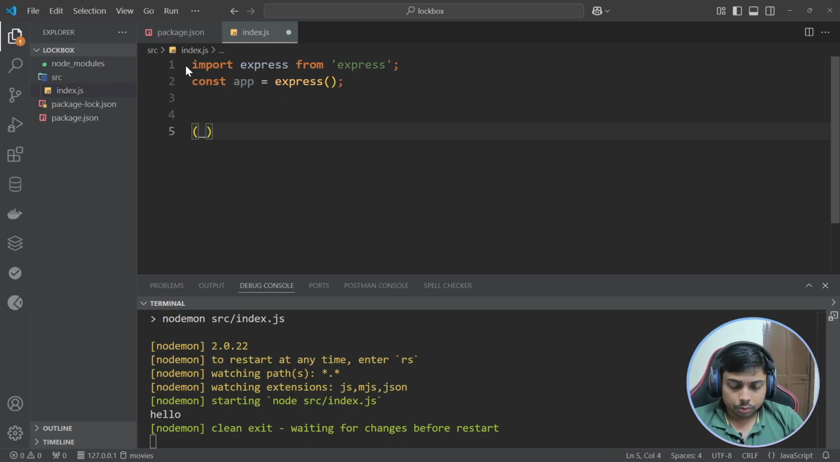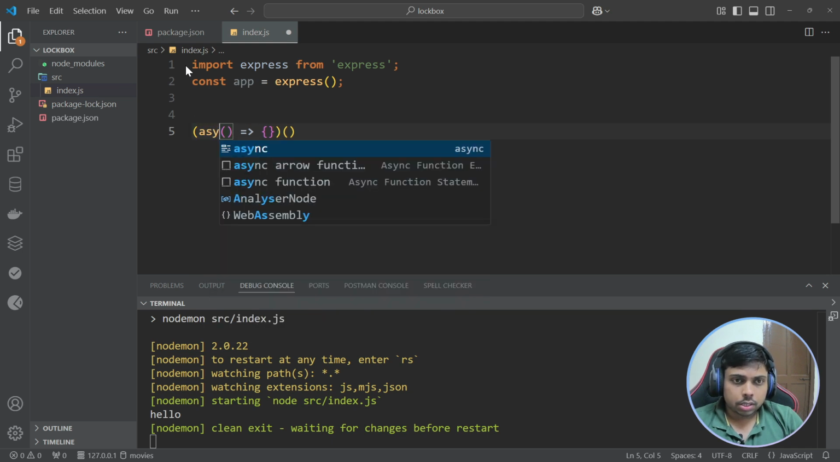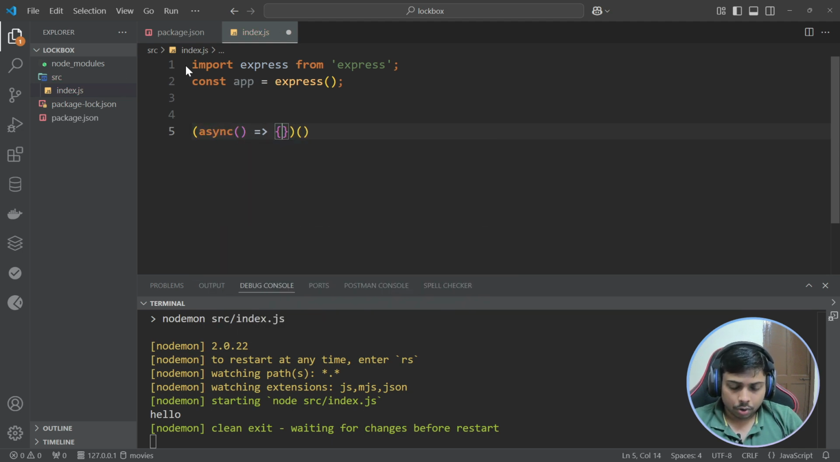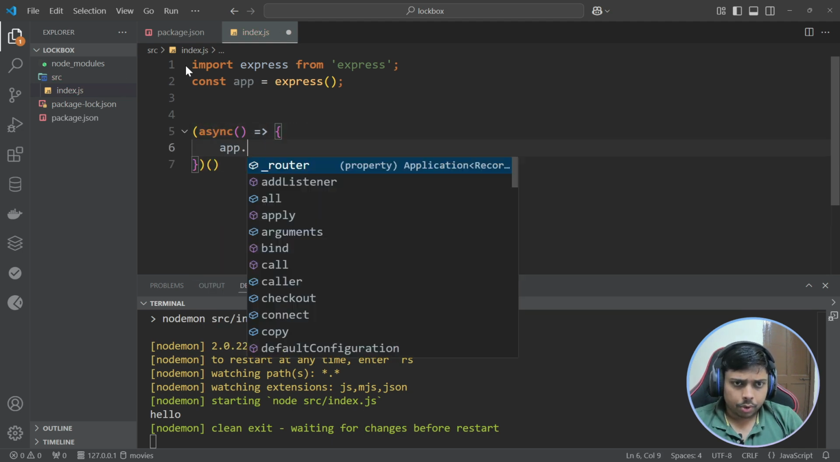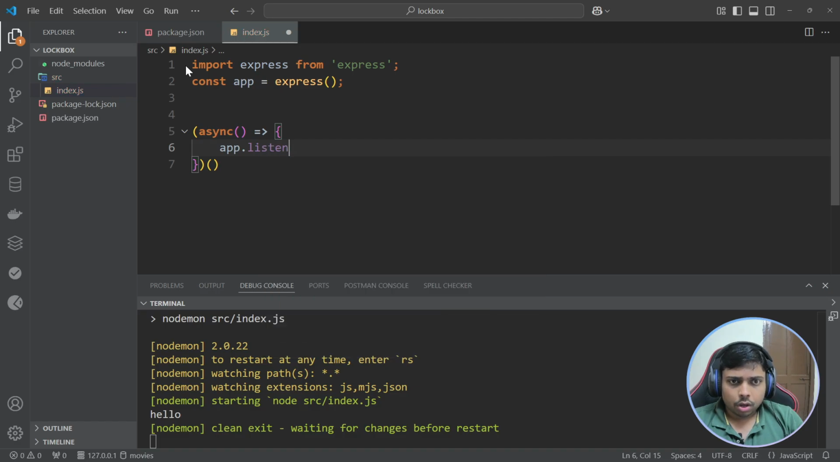Okay, so here I don't want to use a main function. I want to just have a block that will invoke itself. So create a self-invoking block, and here I will add a function, and I'm going to mark it as async. Then here I will say app.listen, and where it will listen, so I'll create a